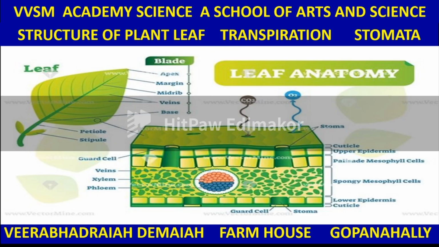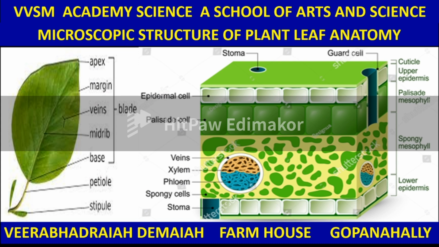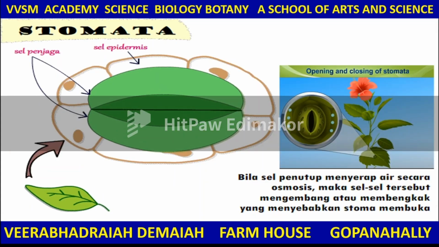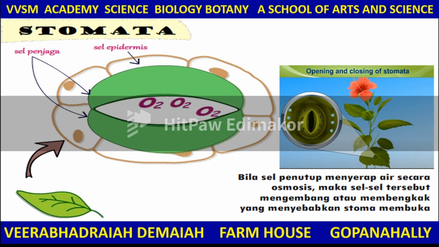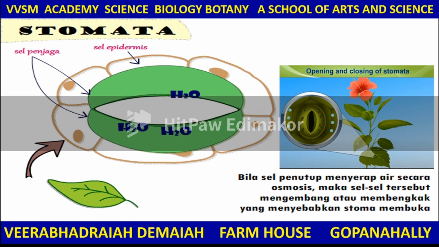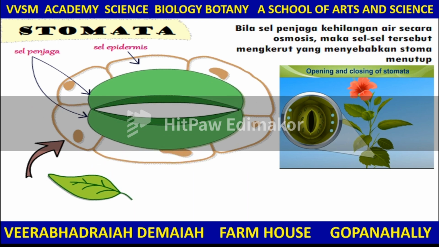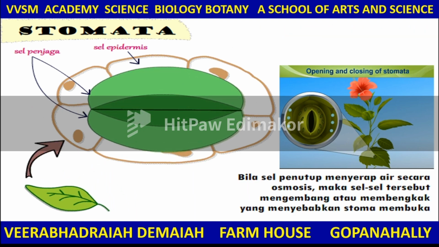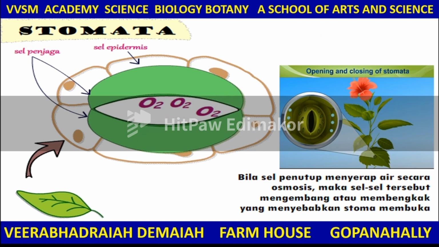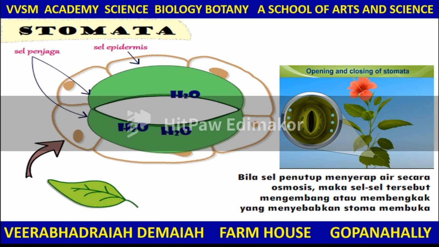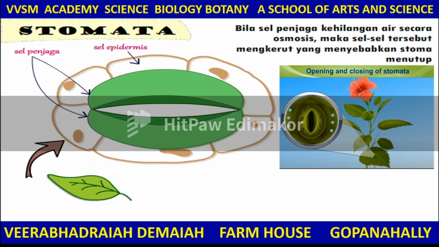As far as leaf anatomy is concerned, we have the cuticle, upper epidermis, palisade mesophyll cells, and other things like guard cells, stomata, and so on. In this one, we come across stomata, guard cells, and epidermis cells. If you observe the function of stomata opening and closing during sunlight, you can see the